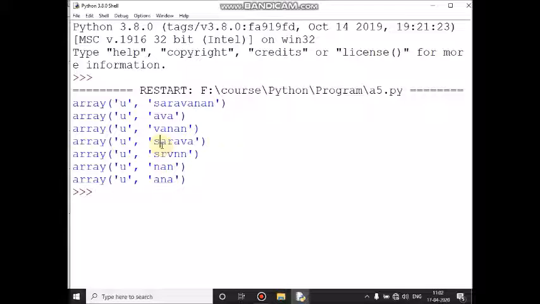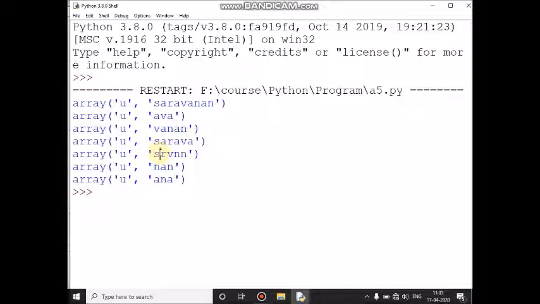Next here, B equal to A of colon 6. Up to 6 means 0 to 5th character. 0, 1, 2, 3, 4, 5. SARAVA. Here B equal to A of 0 to 9 colon 3. 0 to 9 means up to last character, and colon 3 means the 0th character will print.